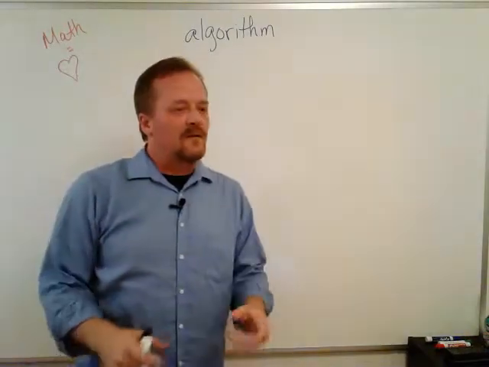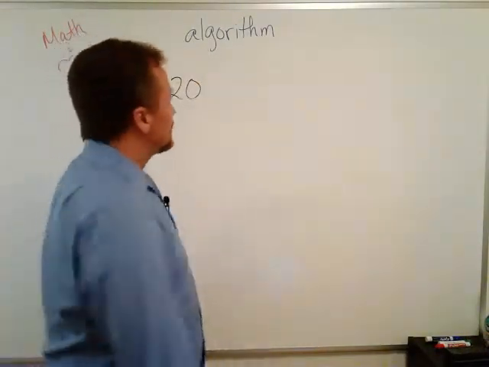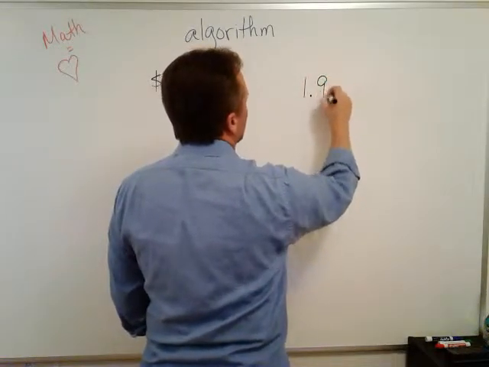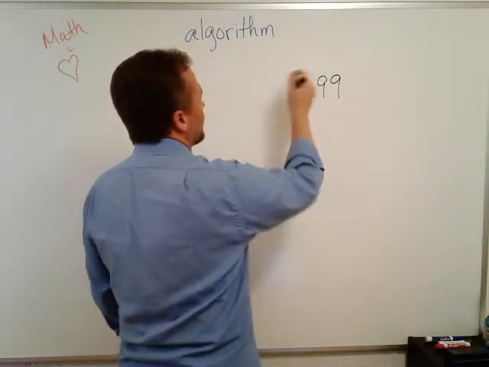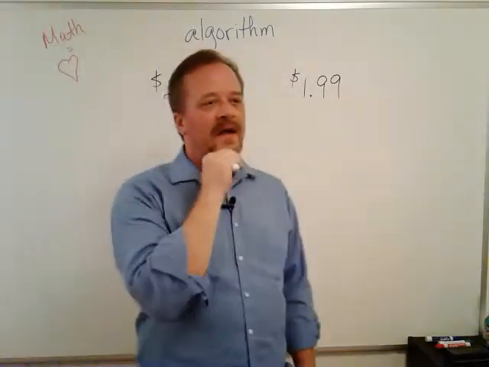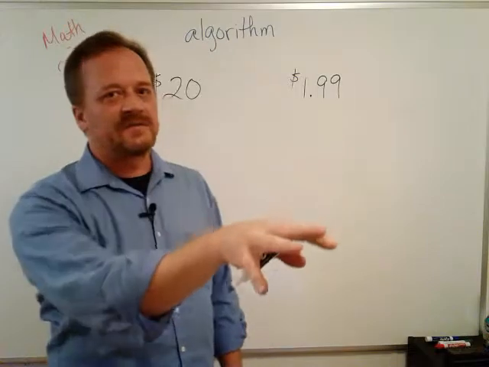I have a $20 bill burning a hole in my pocket, and I want to go spend it. The first thing I'm going to do is buy myself a large slushie for $1.99. And I think I'm also going to go ahead and take a thing of nachos